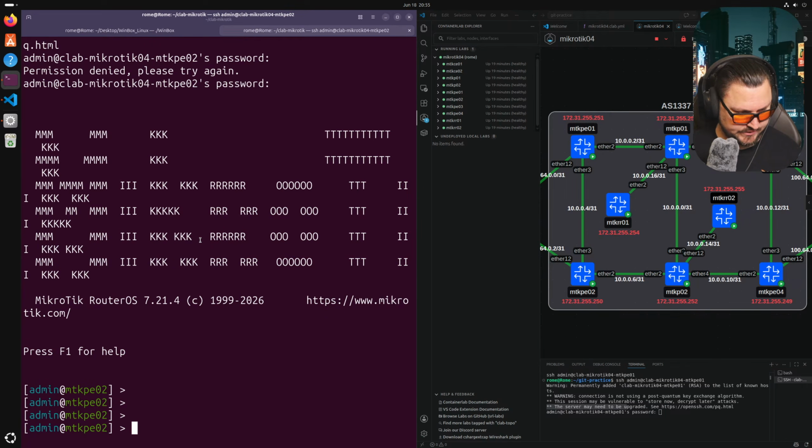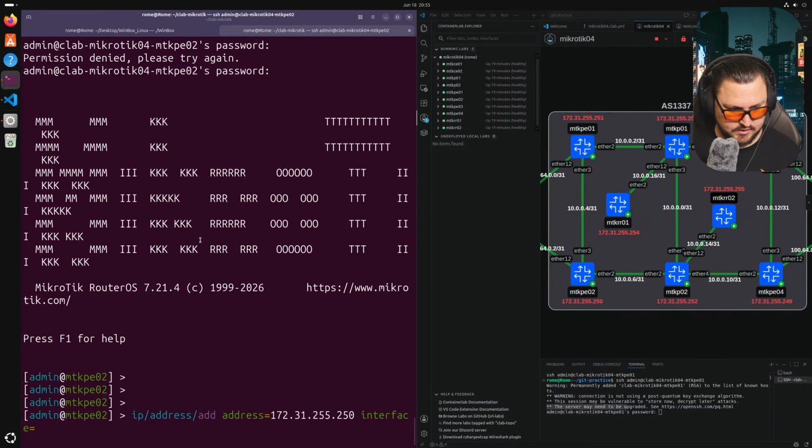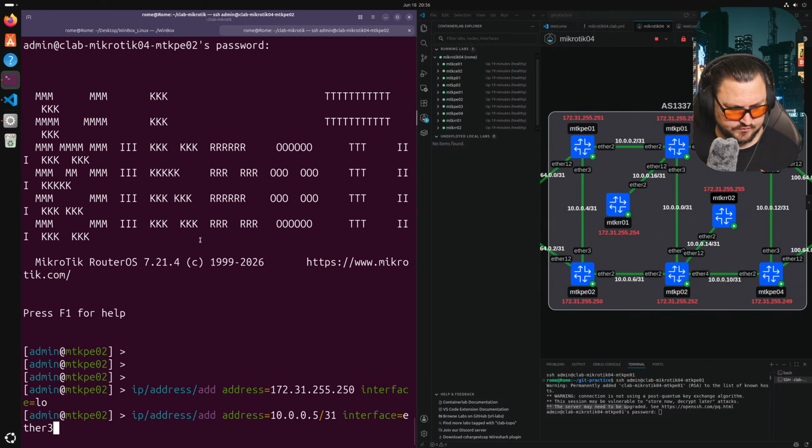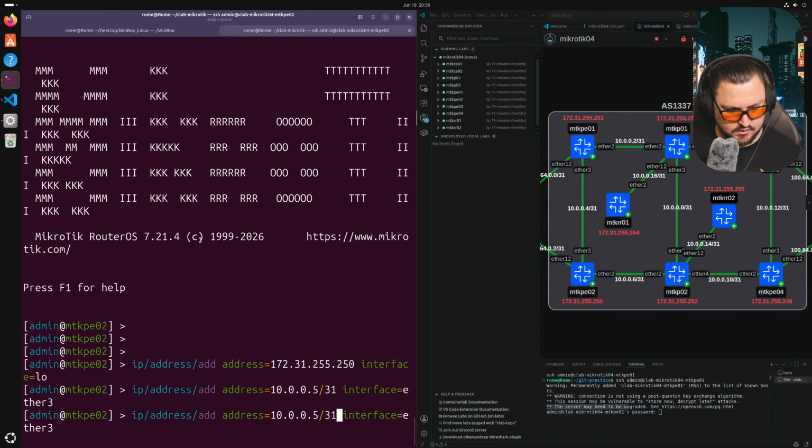All right, let's have a look here. IP address add, address 172.31.255.250, and that is on my loopback. Then let's add our other IPs on Ether 2 and 3. So IP address add address 10.0.0.5/31 on Ether 3 and 7 on Ether 2,